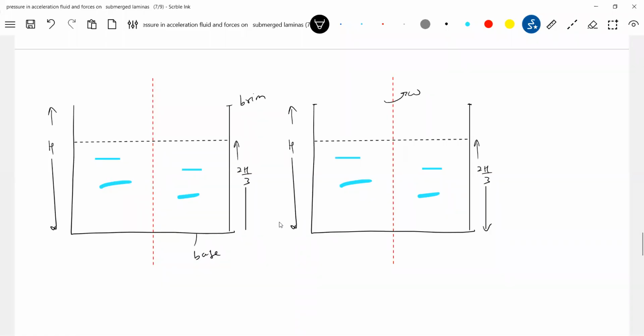Now, will it simultaneously touch both the brim and base? First, the rise of liquid at the edge should be equal to the fall of liquid at the axis. For the liquid to rise till the edge, h by 3 it should rise, no? Here h by 3 should rise to touch the brim. To touch the base, how much should it fall? 2h by 3. So will it touch the brim and base simultaneously? The answer is no. So if I show the free surface,